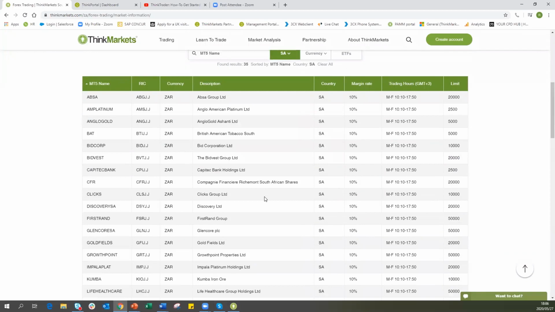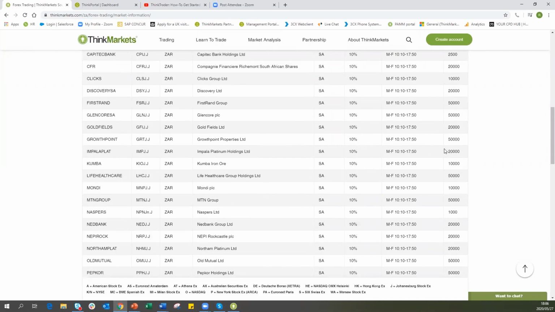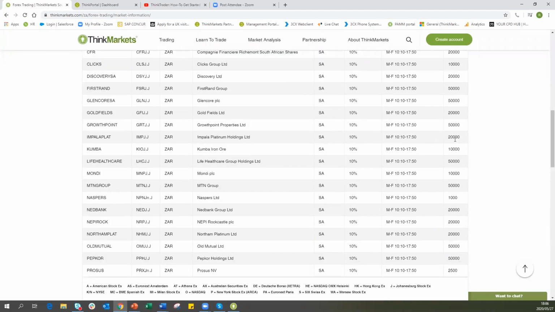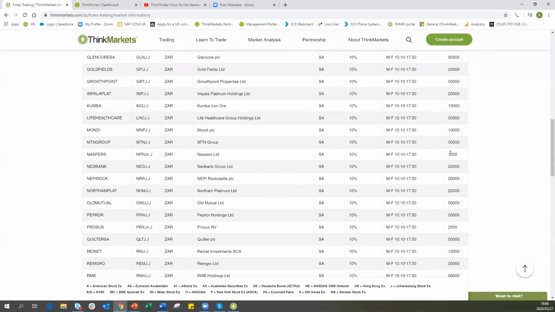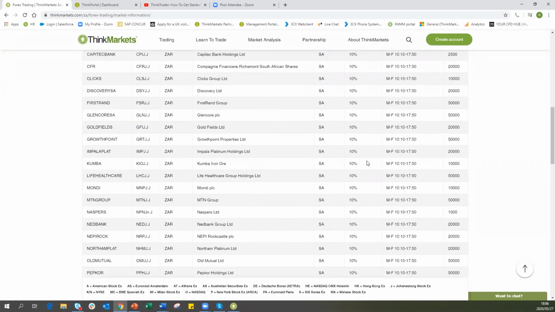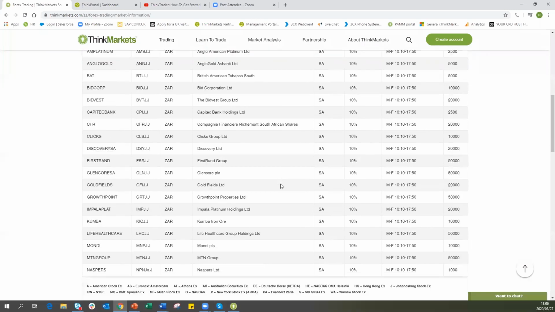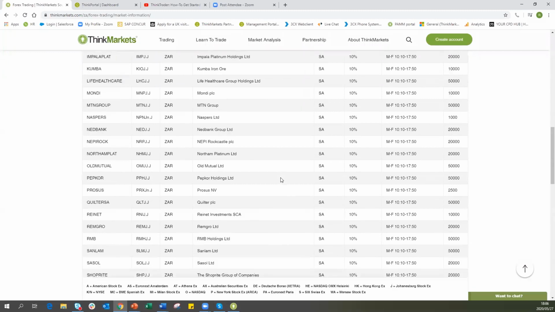Okay. There's the margin requirement, and those are the limits. And by the way, this limit is a long and short limit. So you can go long and you can go short on this amount of CFD shares or contracts. Margin requirements, we are currently the only broker that has maintained a margin requirement of 10%. So whatever the share price is, you're going to be putting down just 10% as initial margin for any of these CFD shares. Like I said, we are the only broker right now in South Africa. We have managed to maintain this, and we are keeping it at 10% throughout the month of May